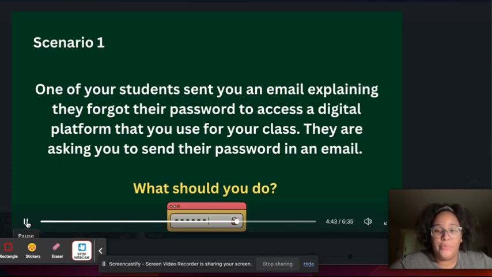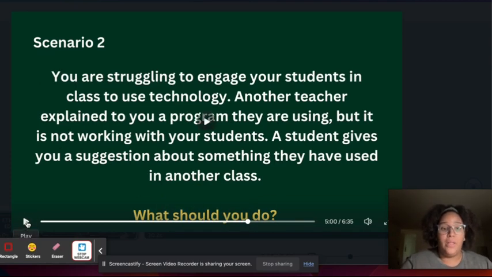What should you do? Well, I know most of the time we want to send the passwords to help our students out, but in this case, we should not do that over the internet. Why? Because that information can be taken from anywhere. That email could be coming from somebody else who's not our student, and by providing that password, we can be opening up and sharing information with somebody who's not our student.